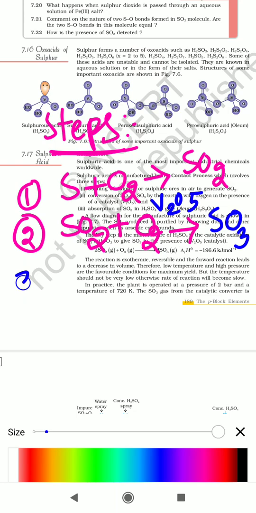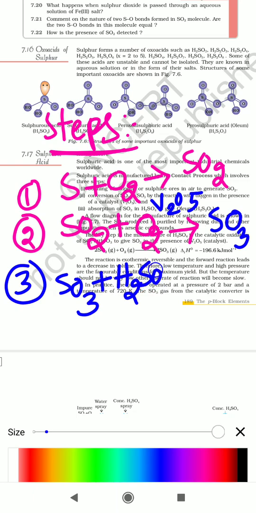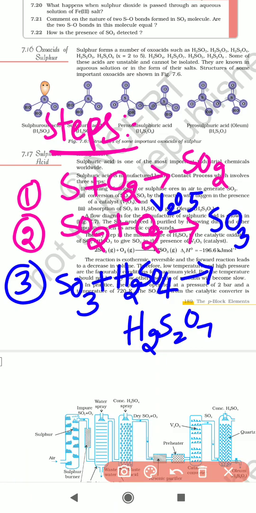And the next, third step is that the sulfur trioxide formed further reacts with excess sulfuric acid. So a small quantity of sulfuric acid is treated to form oleum, H2S2O7. H2S2O7, oleum, will be forming. So here the oleum formed further undergoes hydrolysis,